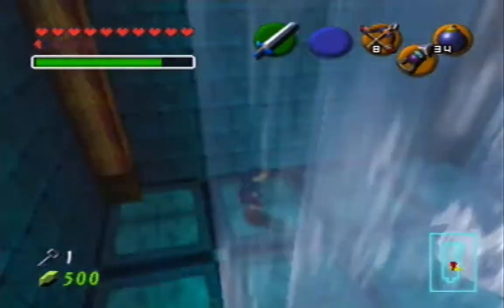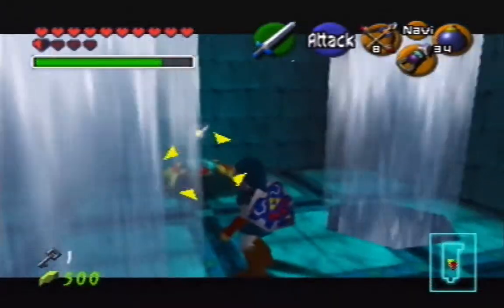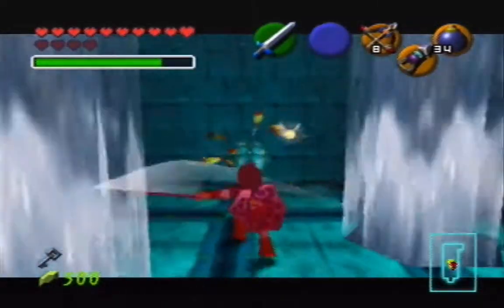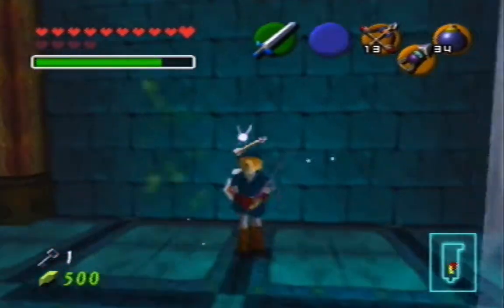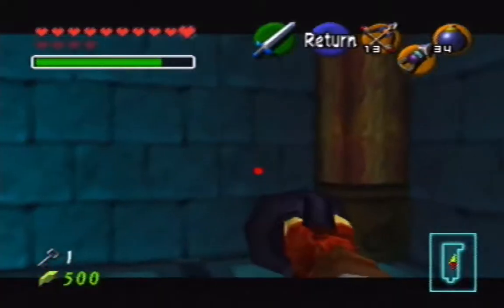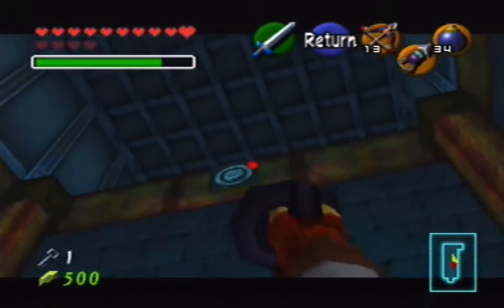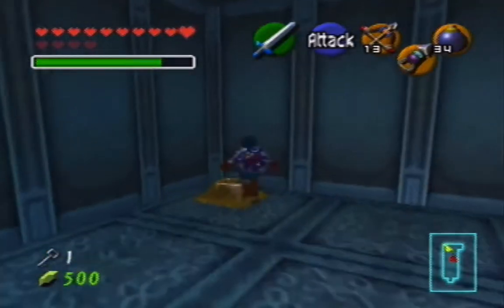Oh god, oh, I fell. Well, let's get the Tektites to come down here, maybe. Hey, buddy. Can you die? Can you die? Thank you very much. You guys are so fun. Okay. Can we... Yes, we can. We can hookshot. Okay. Now we step on this, and...